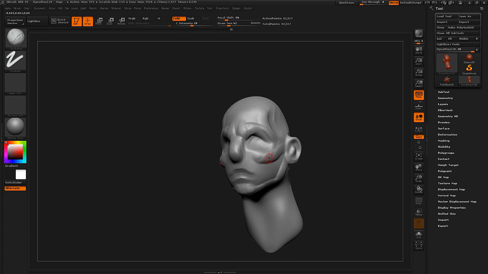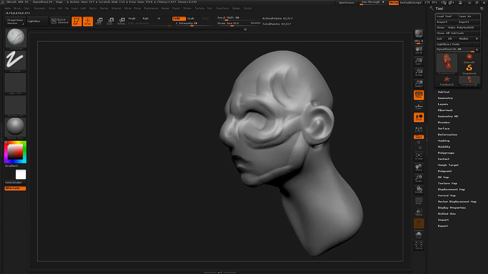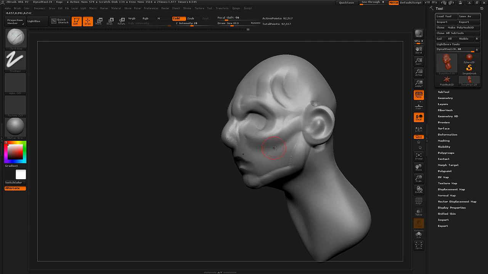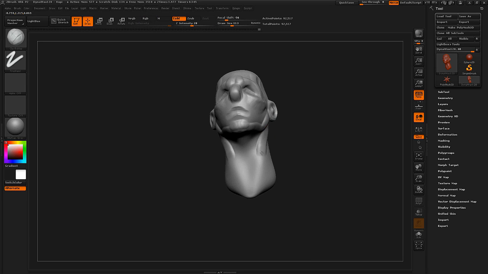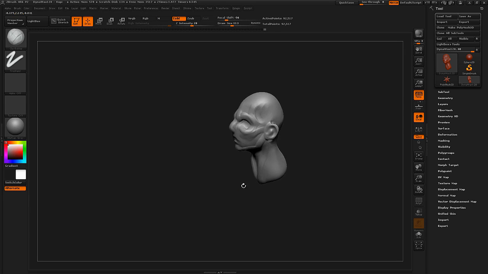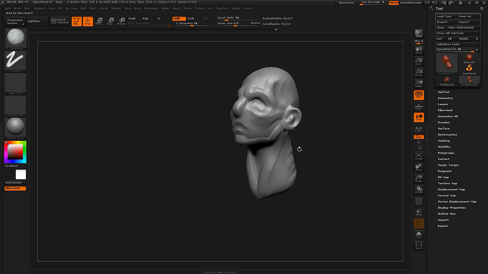I don't use the smooth brush too much though. I try to smooth stuff out using the clay brush. For instance, if I want to smooth this shape out, I don't necessarily use a smooth brush. I will just keep going over it with the clay brush, holding the Alt key. The reason I do this is because you get so much more texture into your form, instead of it just being smooth. So I just keep going over it,